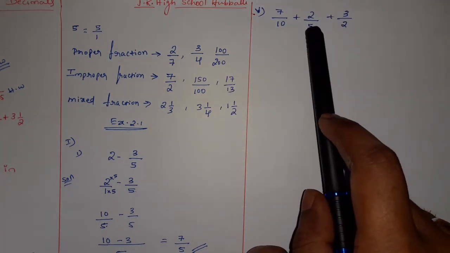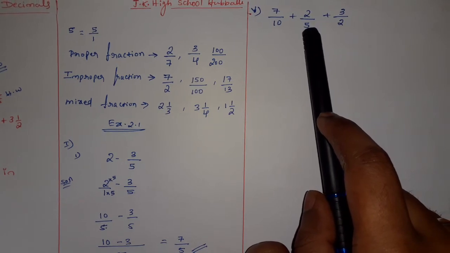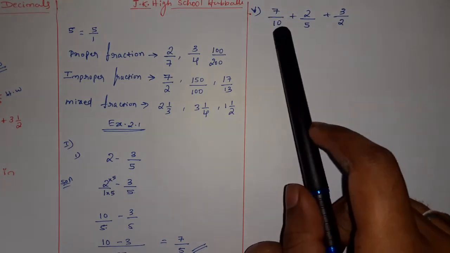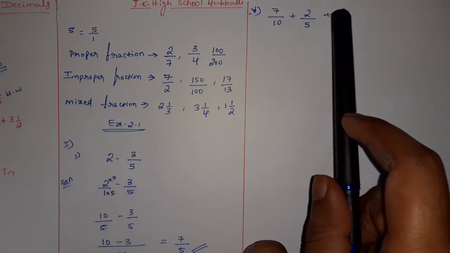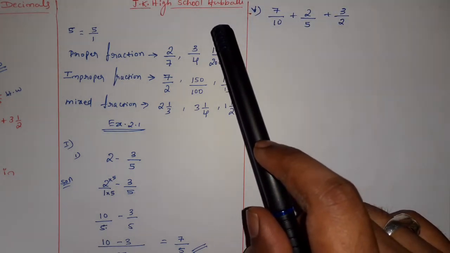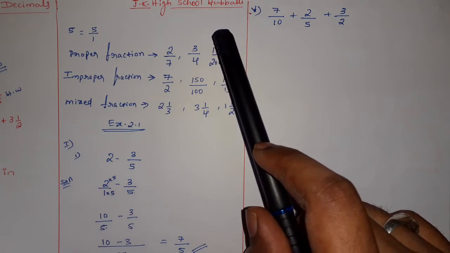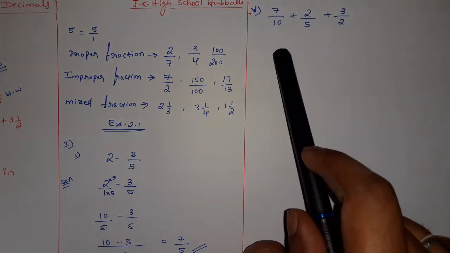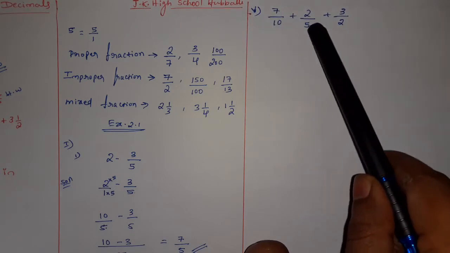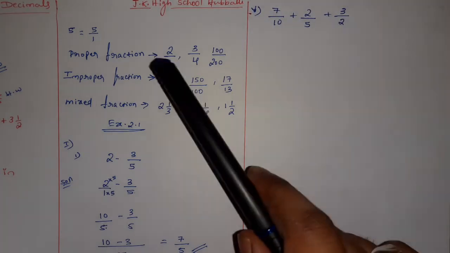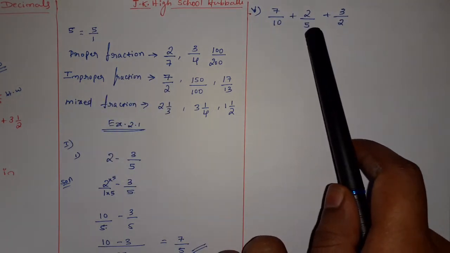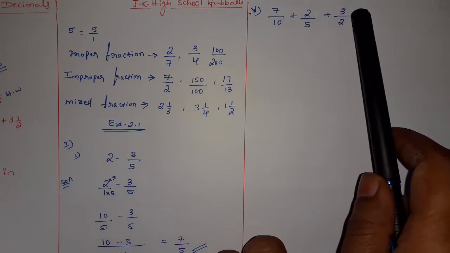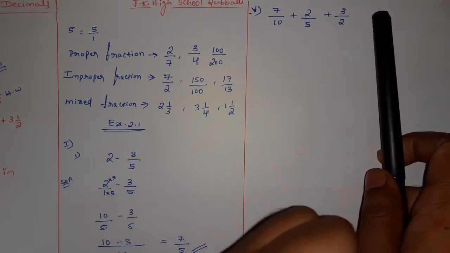First method takes lesser time and it will help in the solution also, but you need to think. You need to think which number is common in 10 table, 5 table as well as 2 table. Okay, are you getting my point? In this case I will give you a hint. 20. 10 2s are 20, 5 4s are 20, 2 10s are 20. Or even you can take 10 also. 10 1s are 10, 5 2s are 10, 2 5s are 10. If you take the smaller number, calculation will be easy.